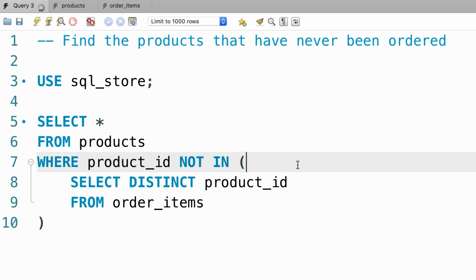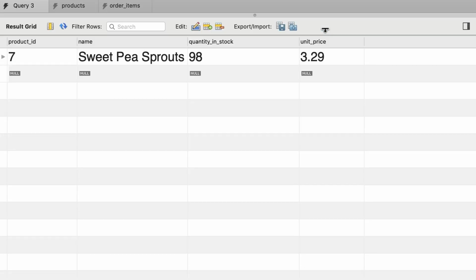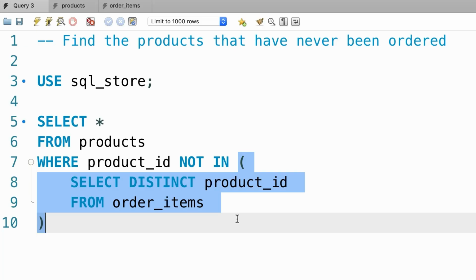Let's execute the query. Product number 7 is the only product that has never been ordered. So in this example, our subquery is returning a list of values. In contrast, in the last lecture, the subquery that we wrote returned a single value. For example, we calculated the average salary of all employees and then returned employees who earned more. In that case, our subquery returned a single value, and we use that with a comparison operator in the where